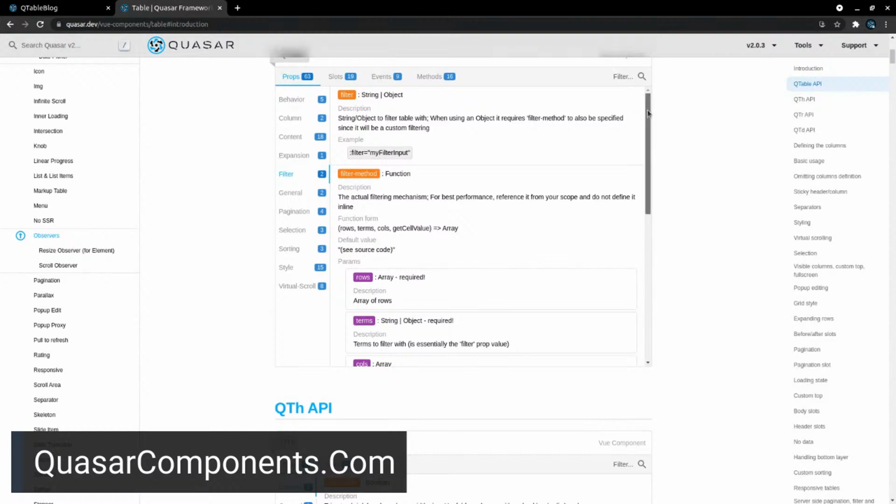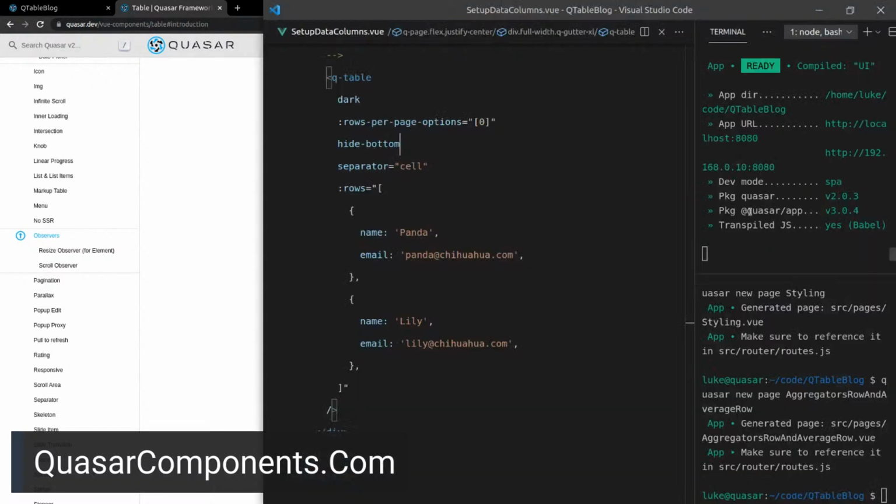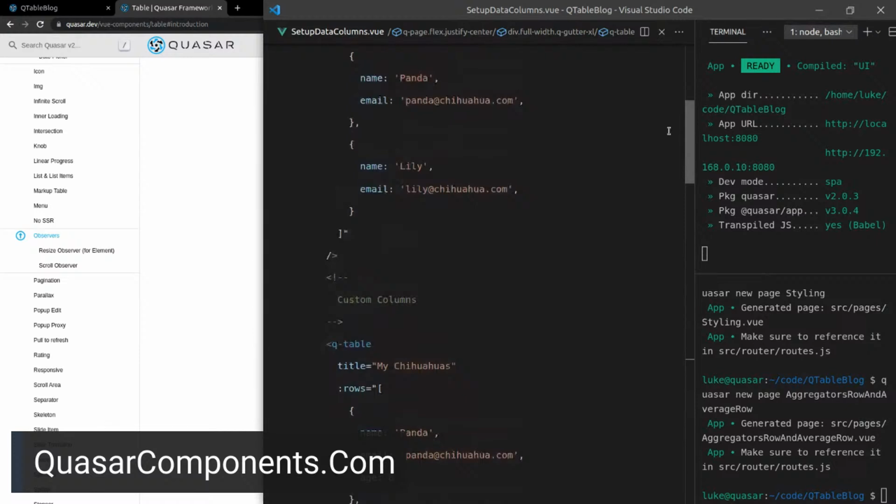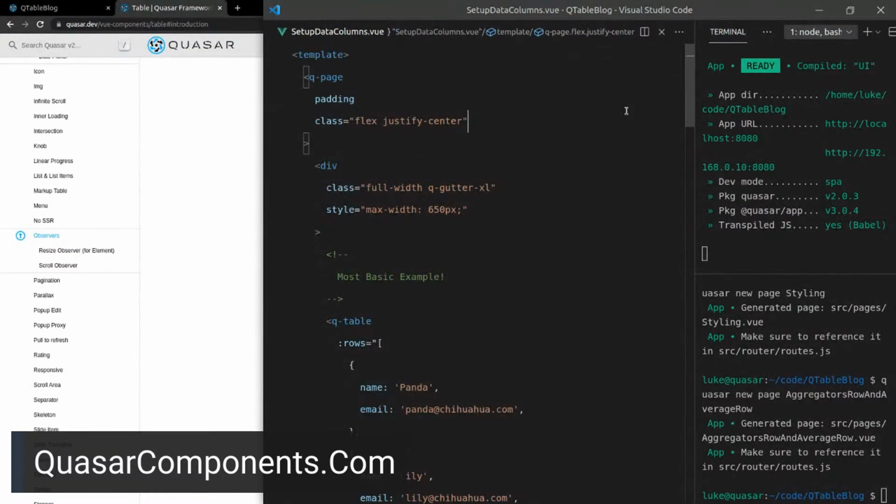And yeah, that's it. All right, I'm going to leave it at that. So I think that's everything I need for the initial blog post. We want to keep it super simple and a great way to explain how basic it is to use Quasar's QTable component to begin with.